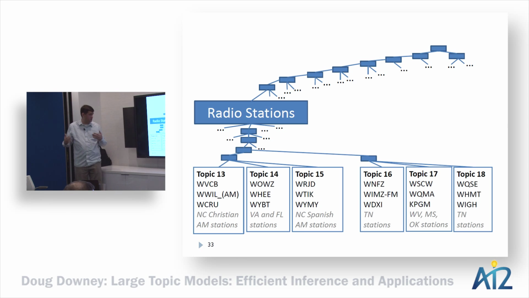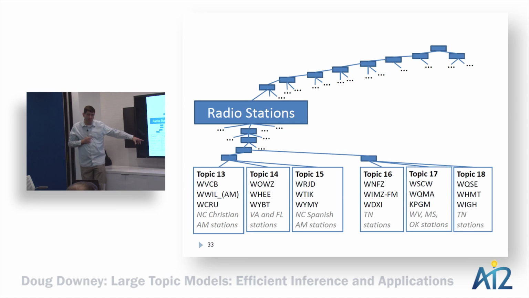Here's an example that shows something you can get when you have these really fine-grained topics that would be hard without that granularity. So this is the 100,000 topics over Wikipedia links. We took the most associated terms with each one of these topics. We found this part of the tree. I just started on the left of the tree. So these topic numbers run from left to right, from 1 to 104,000 or whatever. And it seemed like this particular node was all about radio stations. And all 1,000 topics or so below it were all about radio stations.